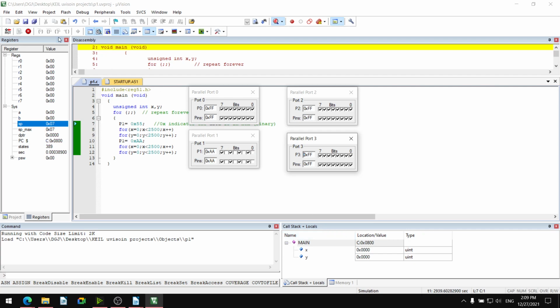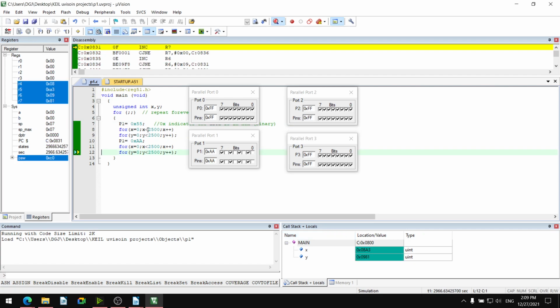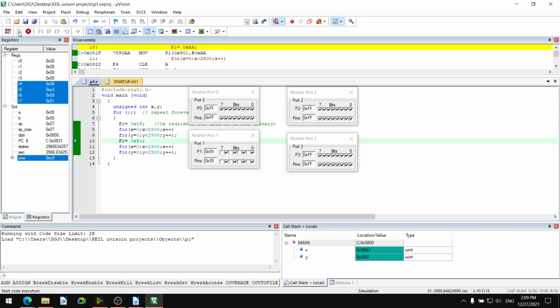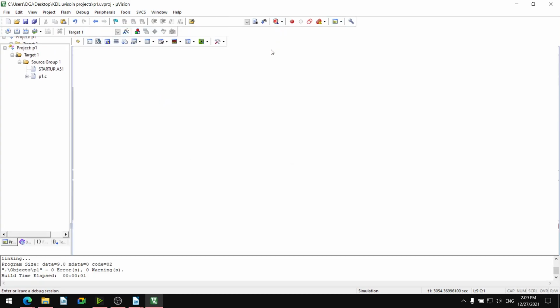So I will stop here. And instead of 55 I will put here 0F and I will put here F0. I will save it. Okay. Stop. No, we have to build it so that the executable file will be generated.